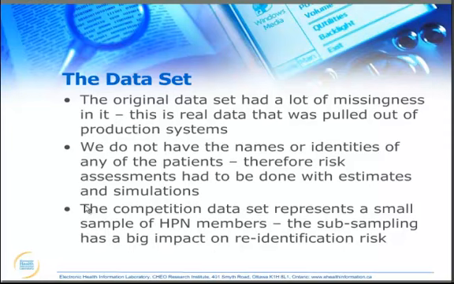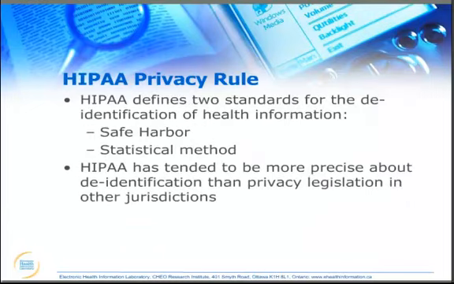So I'll talk a little bit about the HIPAA privacy rule, which provides the framework for the work that we did. The privacy rule defines two standards for the de-identification of health information: the safe harbor standard and the statistical method. In general, HIPAA is more precise than privacy laws or regulations that talk about de-identification in other jurisdictions or other countries, so it's actually a good reference point for workers and policymakers and data custodians in other jurisdictions, just because of the precision that it has with respect to how to de-identify